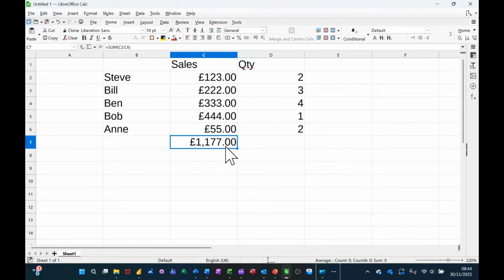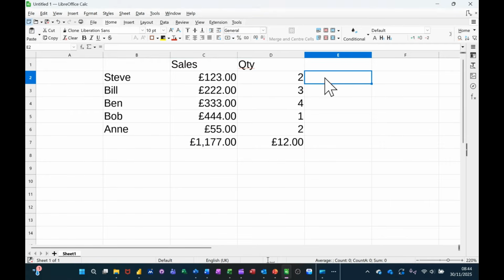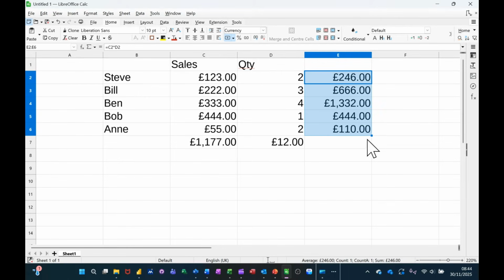Now quantity, you can just add those up by just pulling that across. But if you wanted to do a multiplication, let's have a look at that one. So we go equals that times, which is the asterisk symbol, that, tick in that, so that's correct. And I pull that down, that is correct. Now what you can't do is pull it down again to multiply these two, because that would be an inaccurate